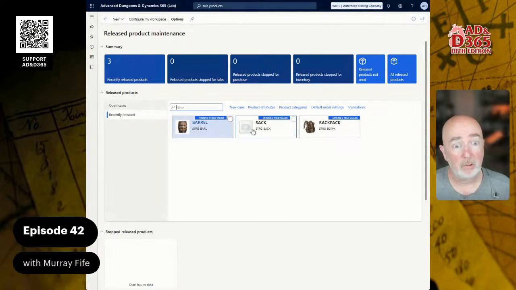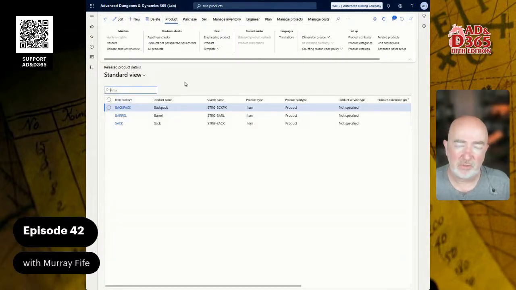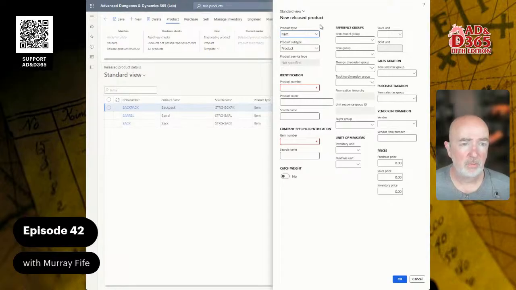This will show us our barrel and our sack and our backpack. Or we can click on the recently released items, and it's going to take us to the same screen. So there are multiple ways to get to the same area. To create a service item, we just go new, and it's going to